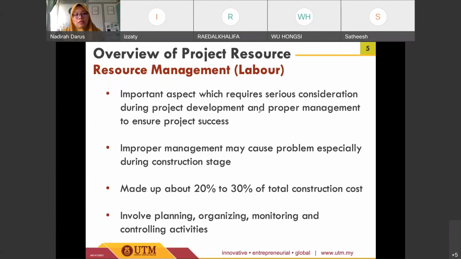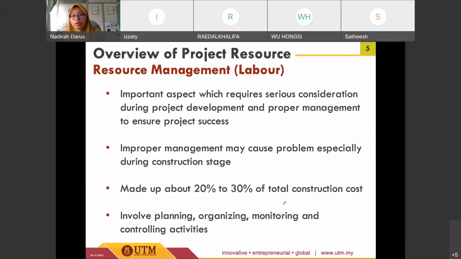And the other thing is that resource management involves several key activities such as planning, organizing, monitoring, and controlling. So we need to plan in the first place what type of manpower, what type of material or machineries we need for the specific tasks or activities, and then we need to organize the usage. We need to organize the schedule so that the number or the capacity of the resources will meet the requirement